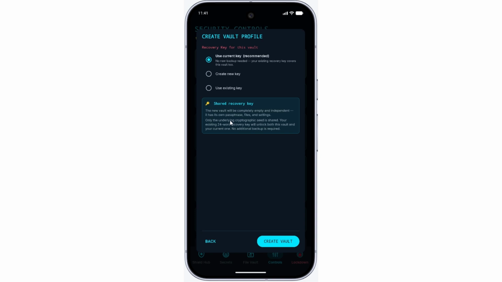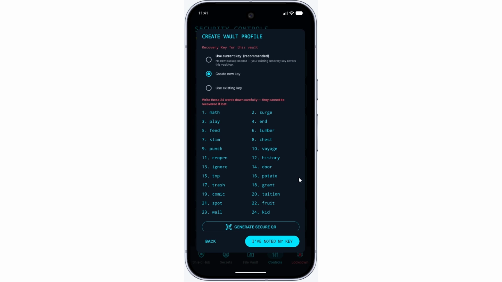whether you want to use the same master key which we used when we set up the app. Most of the time you would just use that, or if you really have some very sensitive information which you want to lock with a completely separate master key, then just choose the second option, create new key, and then you save this